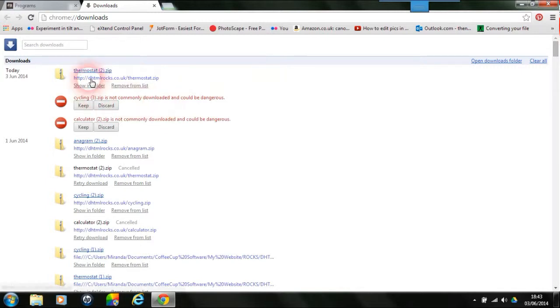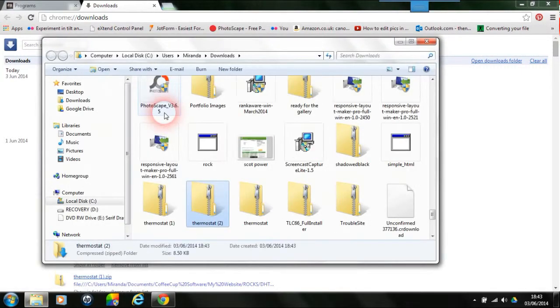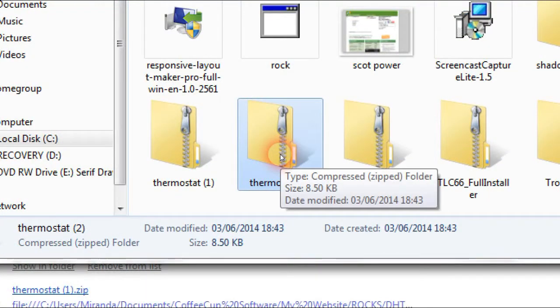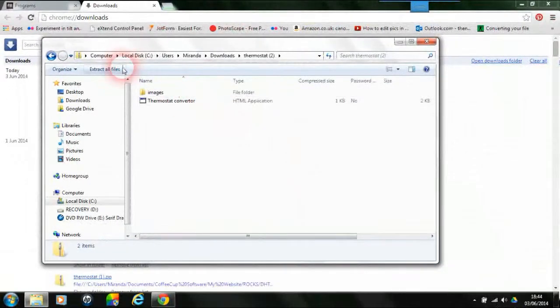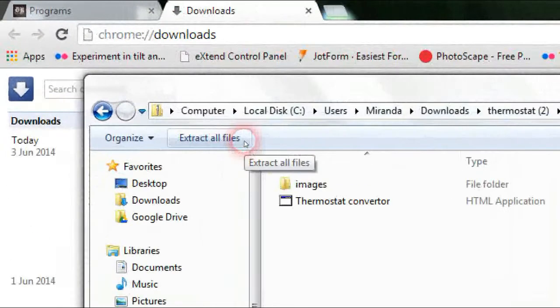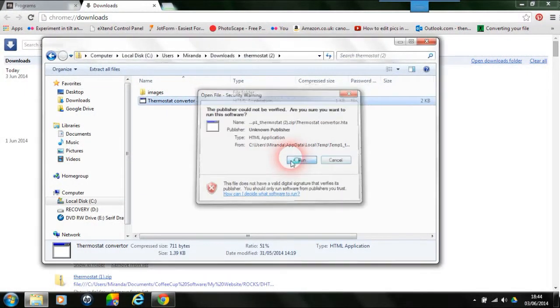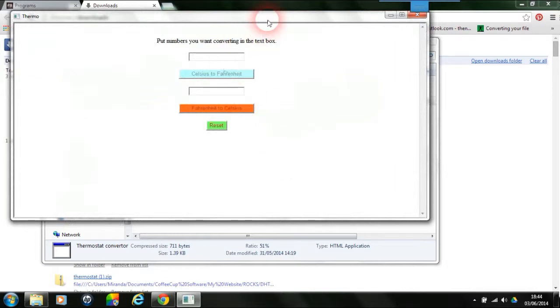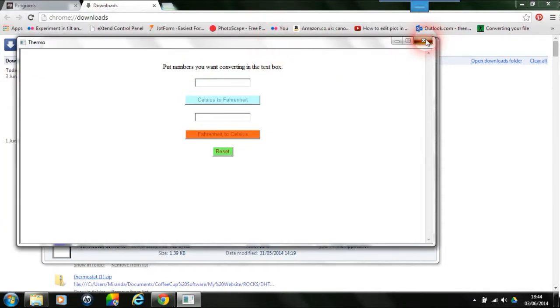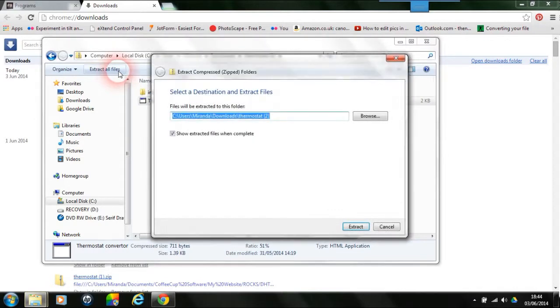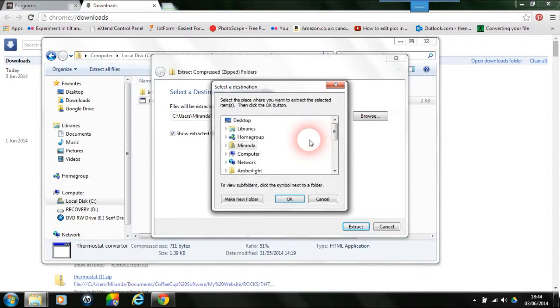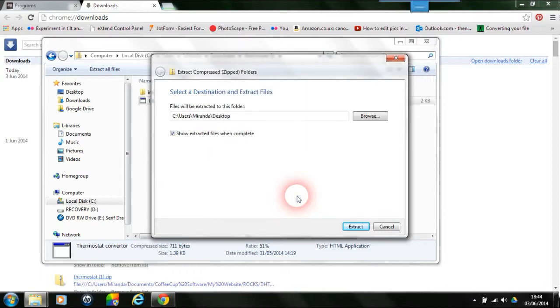And so what you do here is shorten folder, and here we have it, thermostat, and it says extract all files up there. You just run it as normal, and hang on a minute, I'll just extract all files, browse, put this on the desktop, extract,